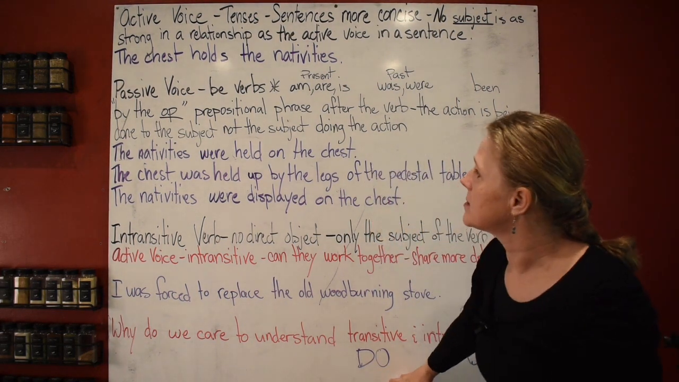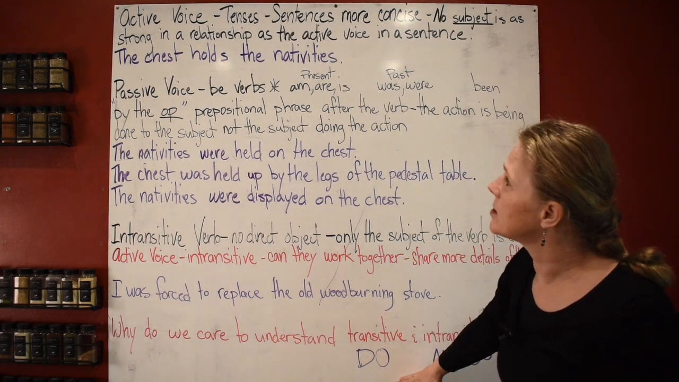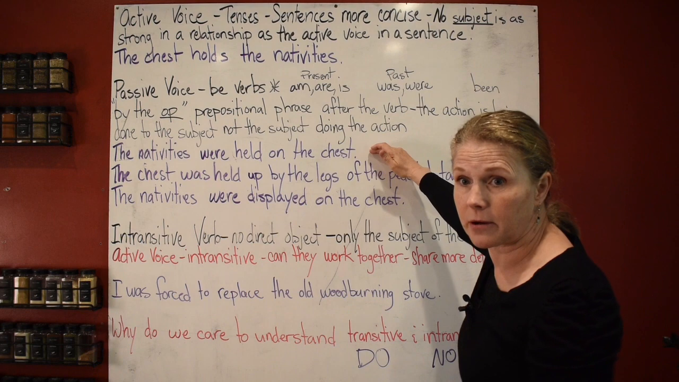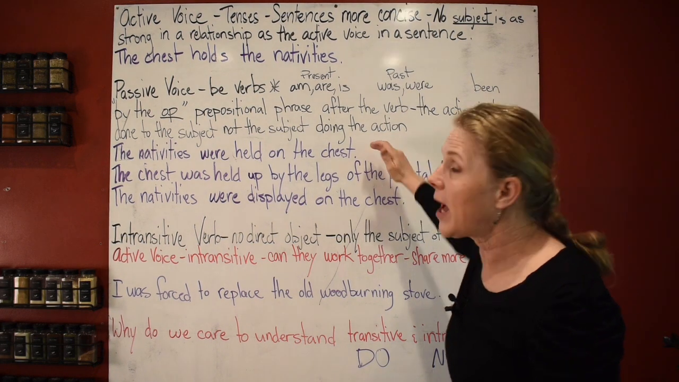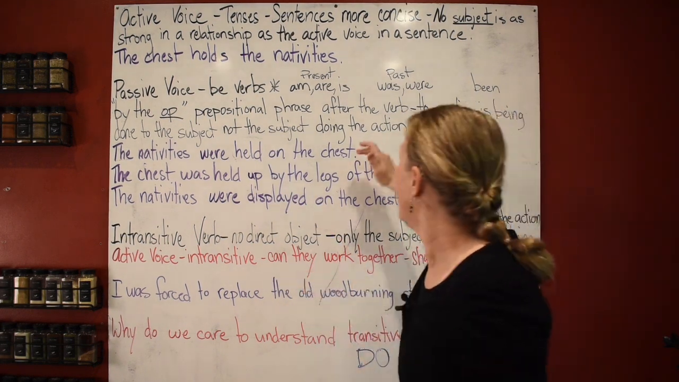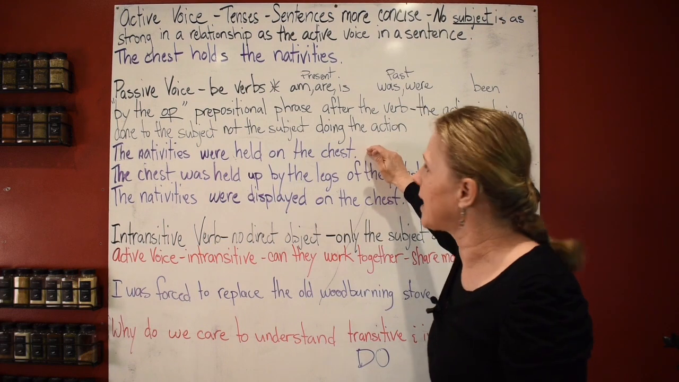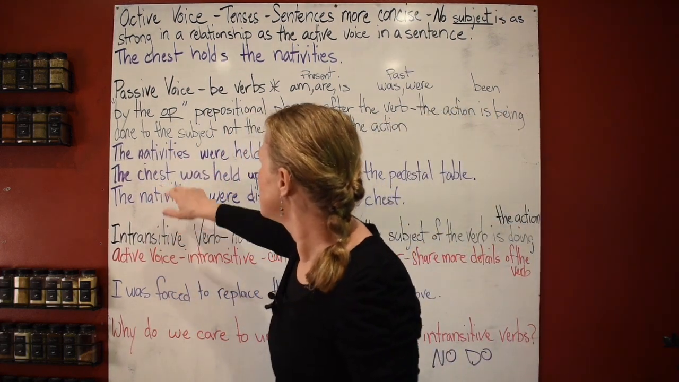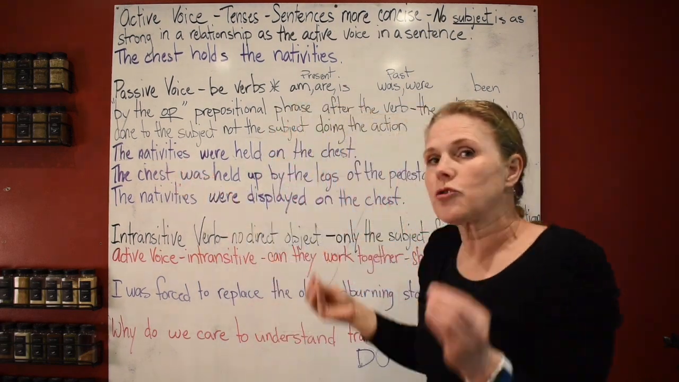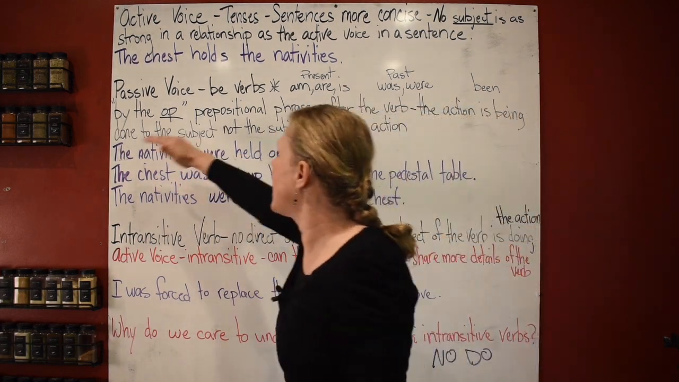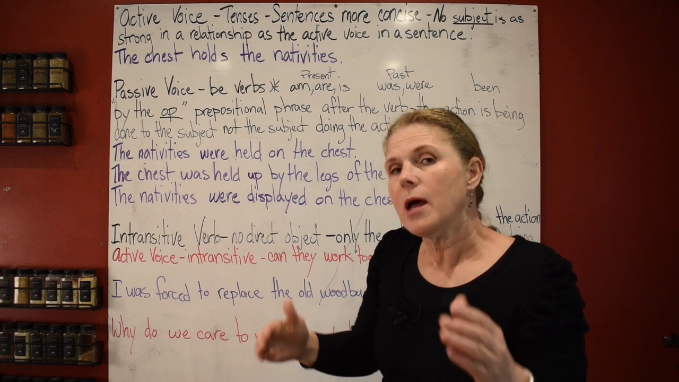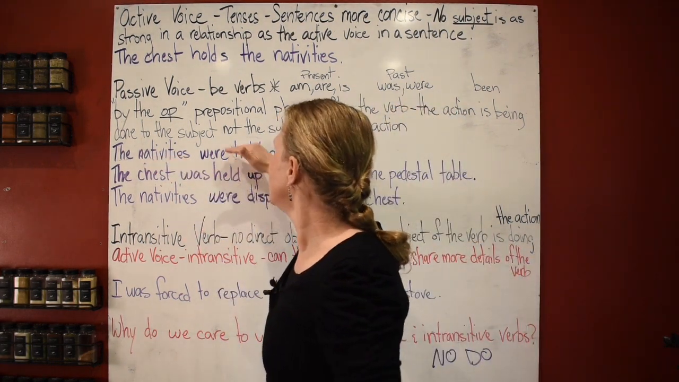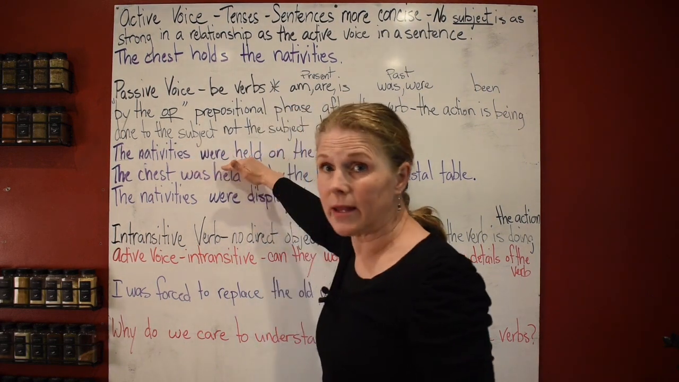But look at this. Well, if only transitive verbs fit in passive voice, where is our direct object in here? That's what confuses people. Where is our direct object? It's in the subject. This is the direct object, the nativities. So the direct object is receiving the action of the verb. So in passive voice, you need to remember,